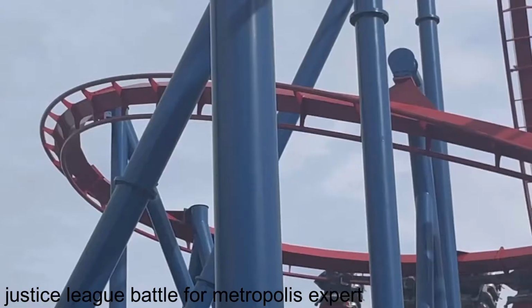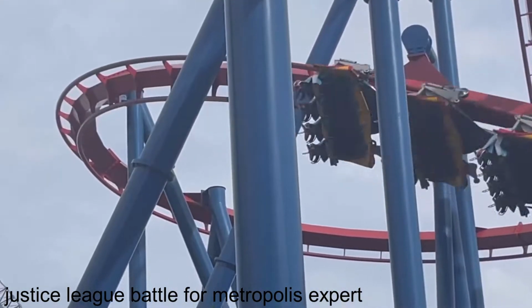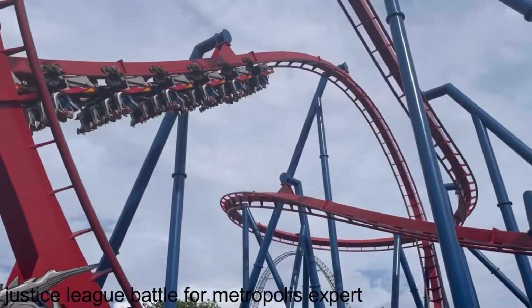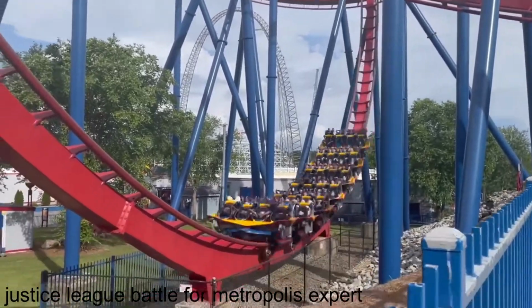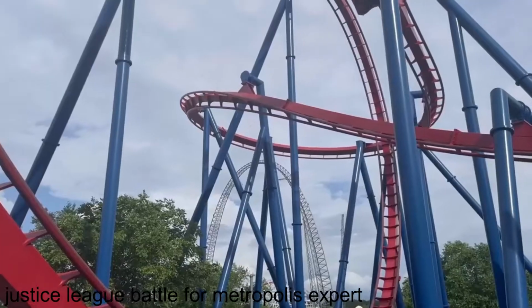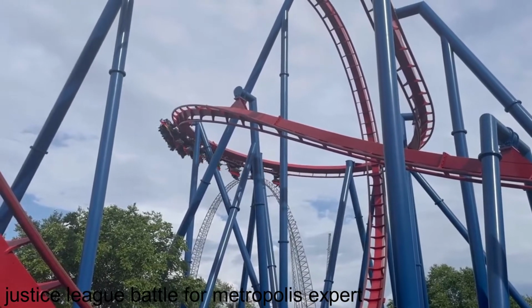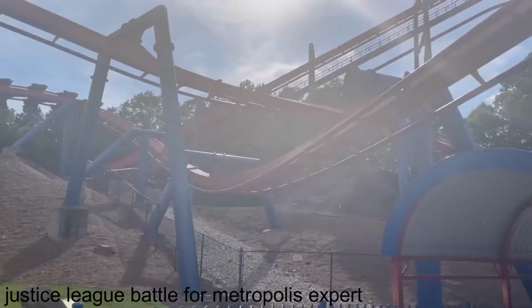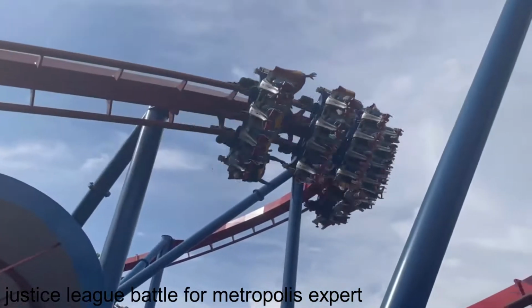Now, I love the Superman Ultimate Flight clones, but I wouldn't recommend riding it more than 2 times in a row because that pretzel loop is very intense. Superman doesn't have a lot of theming during the attraction besides its theming to Superman flying. In the queue, there are cardboard cutouts of the villains of the Man of Steel himself, but nothing much. Typical Six Flags theming. And even though I really love theming, it doesn't need theming because it's still a very